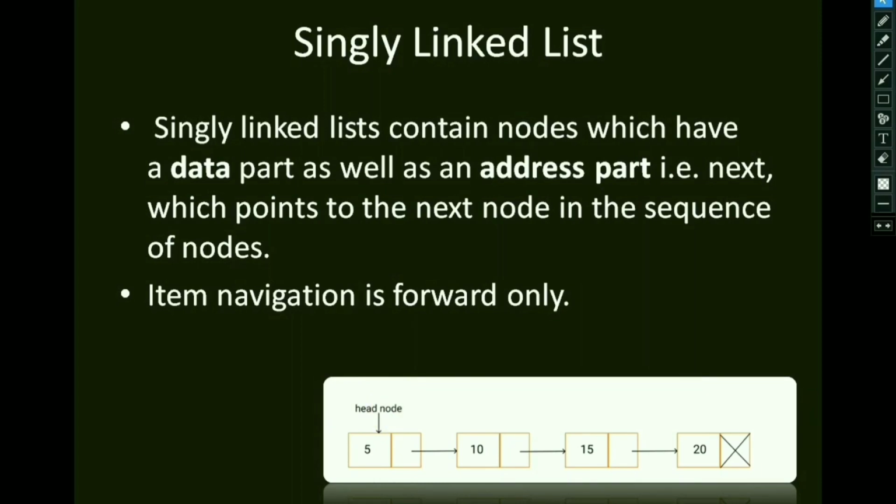The head node points always towards your first element and the tail node will be pointing to your last element. Okay, so this item navigation, as you can see the arrows, they are only in one direction. So when the navigation happens only in forward direction, that is your singly linked list.